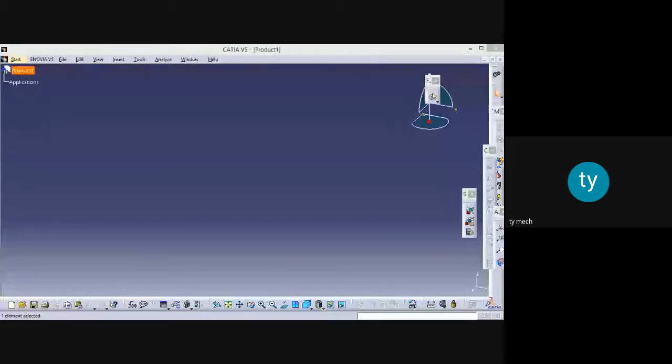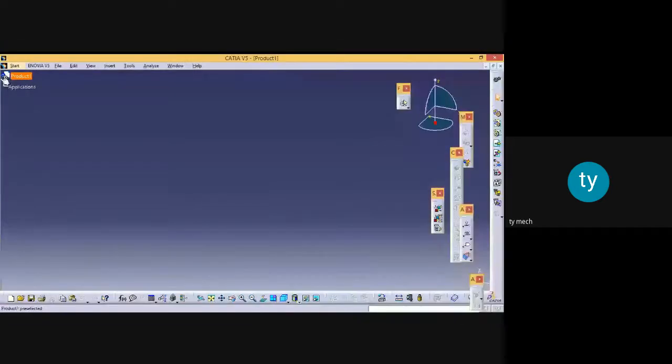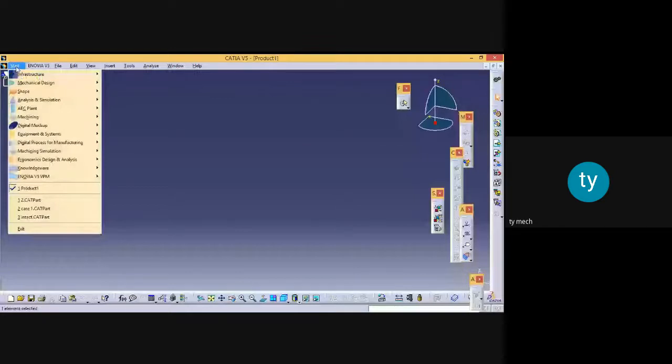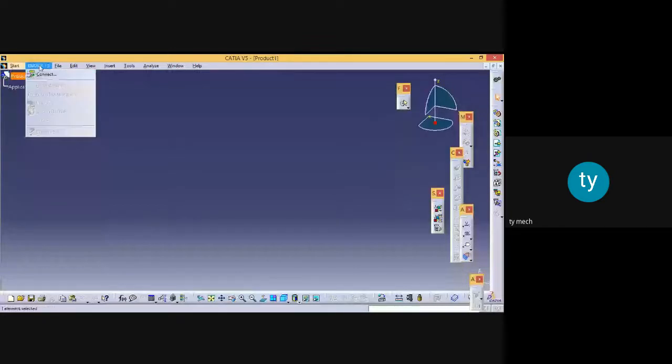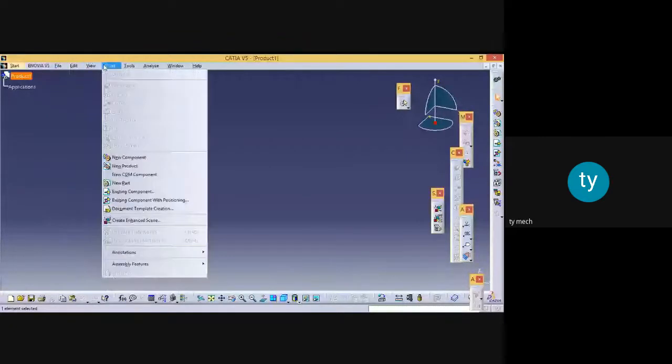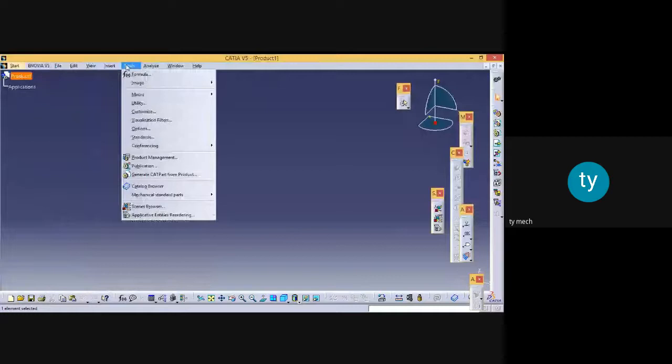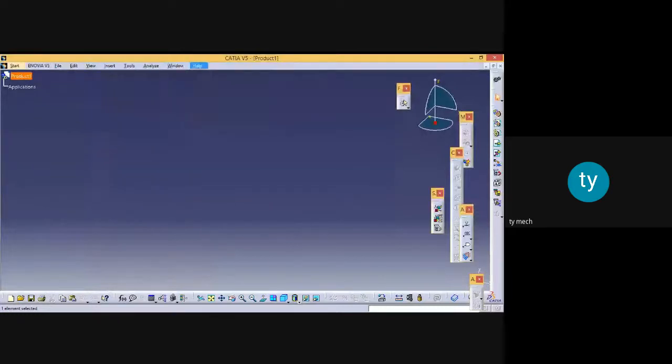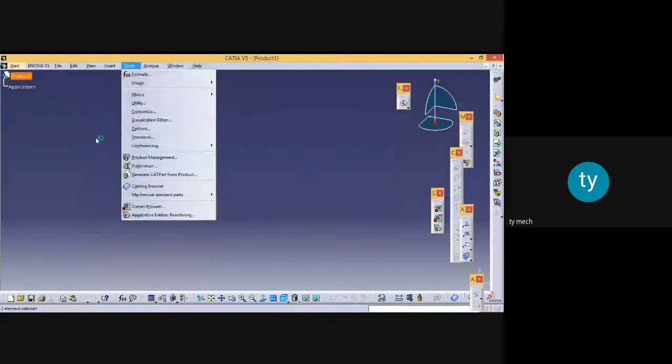So here in the CATIA software, we have a lot of modules for modeling purpose, for application-oriented purpose. Here you can see the start menu, then Enovia V5, which is another module in the software, then the file menu, edit menu, view, insert menu, tools, then analyze, then window and help. So these are the common menus in CATIA software.